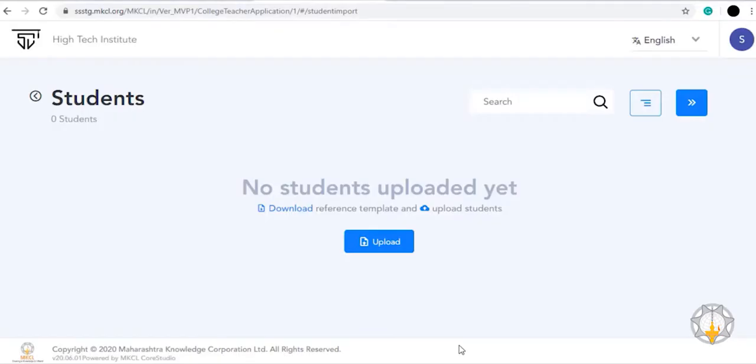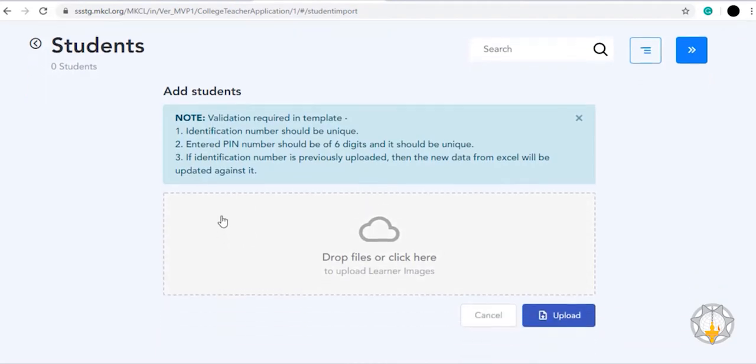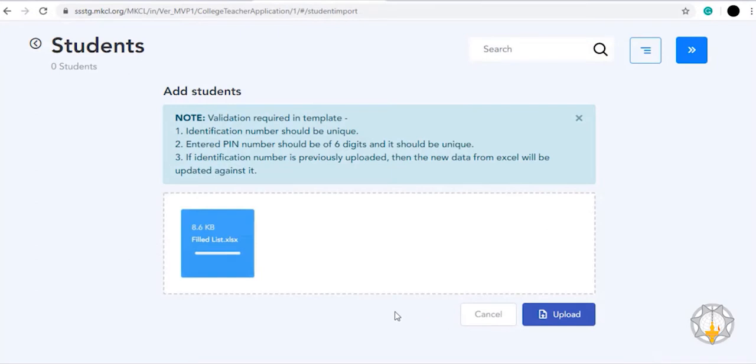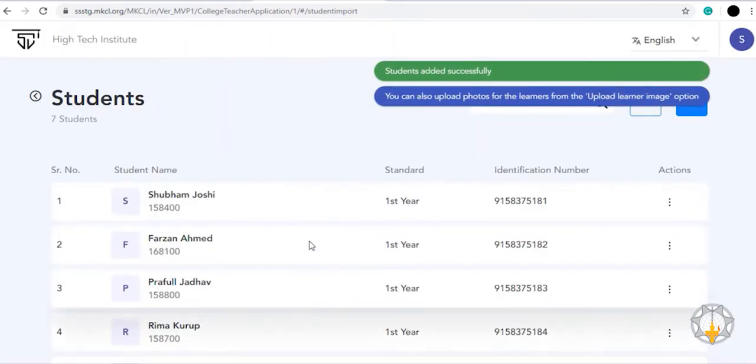Go to your classroom page, click on Upload. Check the requirements once again. Click here. Select the sheet that you saved. Click Open. You can see the file is captured here. Now click on Upload.